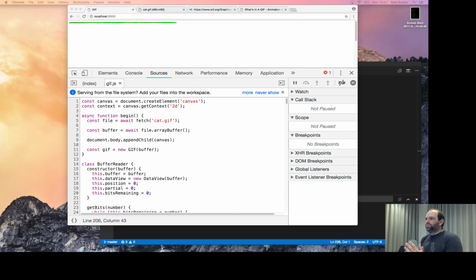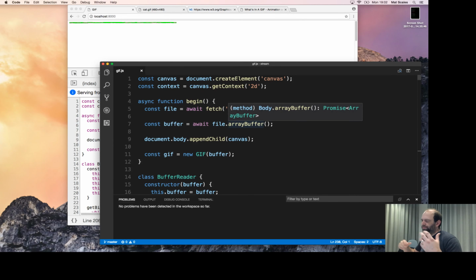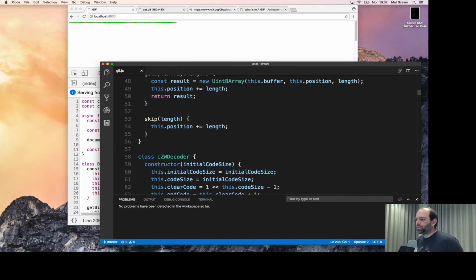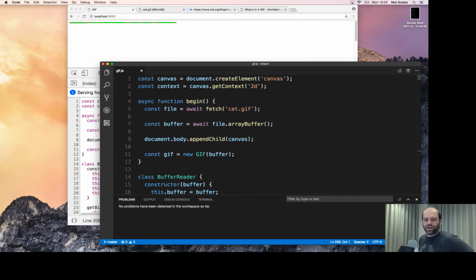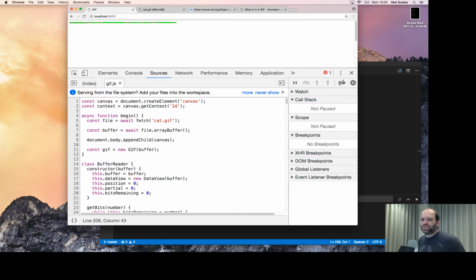Okay, so welcome to week four of building a GIF decoder. Now, I felt like last week I was really confident we were going to get there. We were just finishing off our LZW decoding code, whatever. And I thought we'd get it right first time and we'd get the proper image on the screen and it would be awesome. But that didn't happen. What we've got instead is this kind of